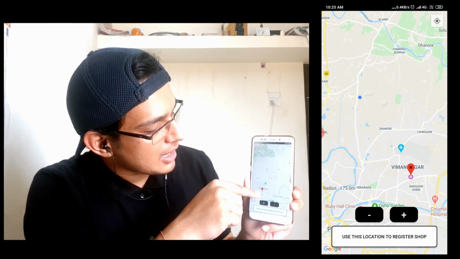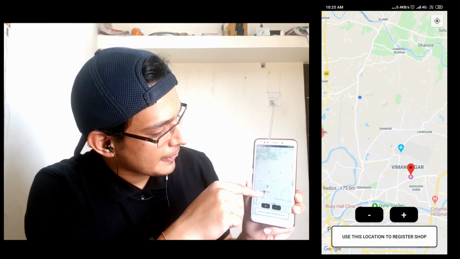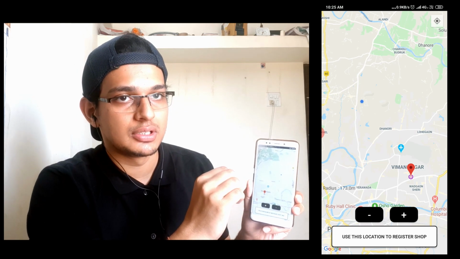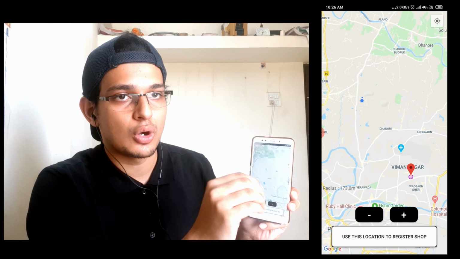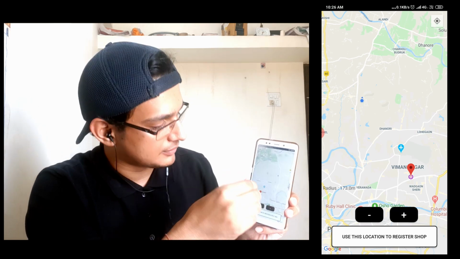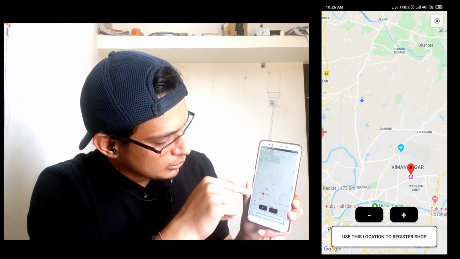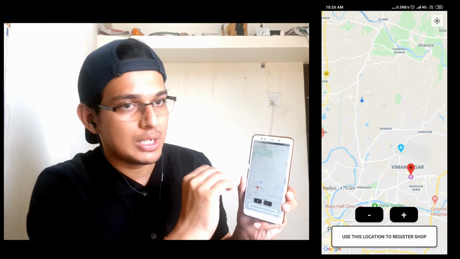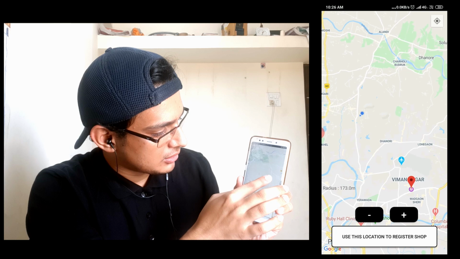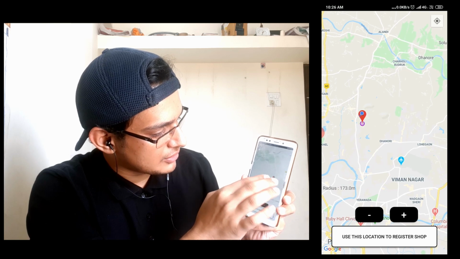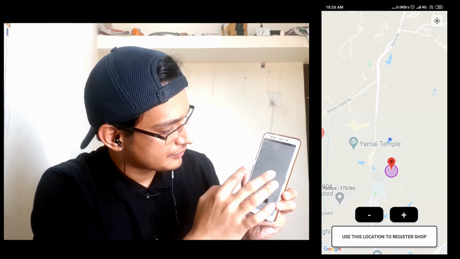So whenever I enter into this location, I'll get the notification to open this app and do this thing, or open this app to do your payment. Now I cannot go to that area right now, so I'll bring this geofence location closer to me. So let's say I bring this geolocation this much closer to me.